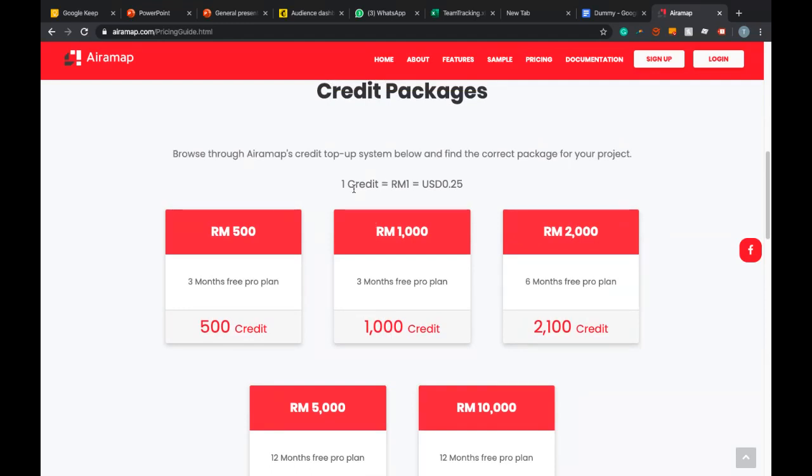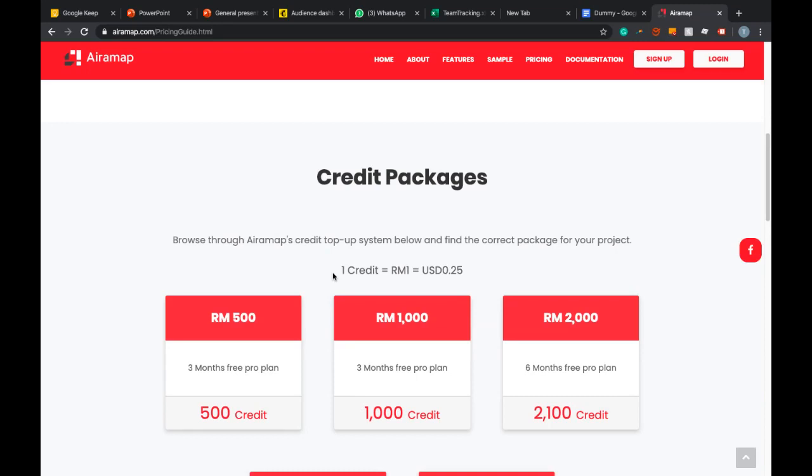It depends on how large your area is. If your area is very large, of course, it contributes directly to higher usage of credits. But the credit also depends on which program and which analytics you want to do.